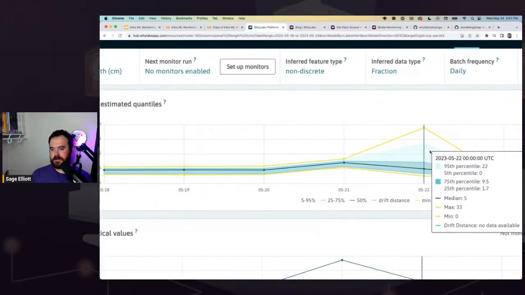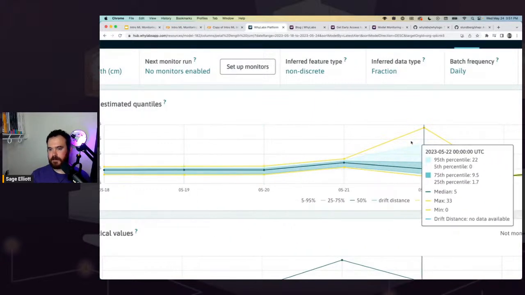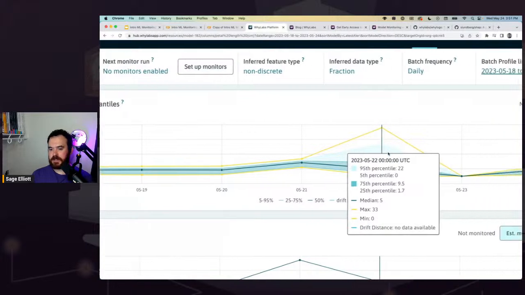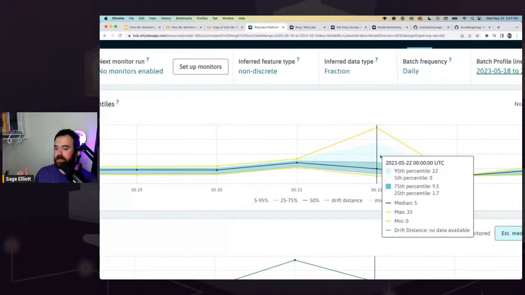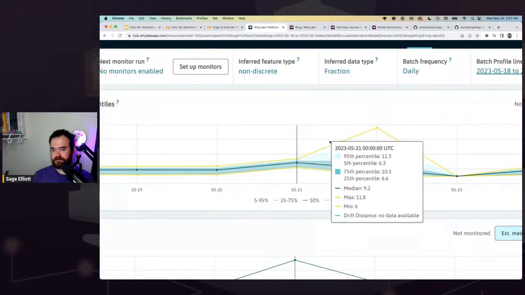And then if we look at this one, it's actually interesting. So the median is 5, which is pretty similar to those first ones we looked at, but the graphic looks way more crazy, and that's because there's at least one data point in there. The max is 33, and the min is 0. So that's interesting. The min was never 0 on these other ones before.